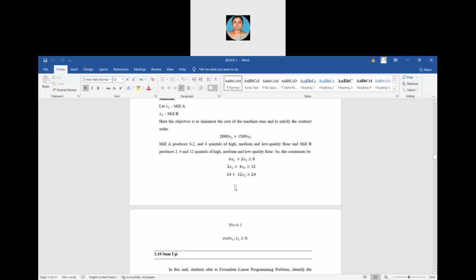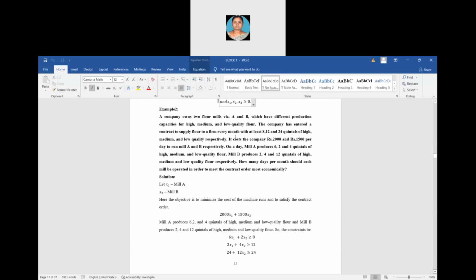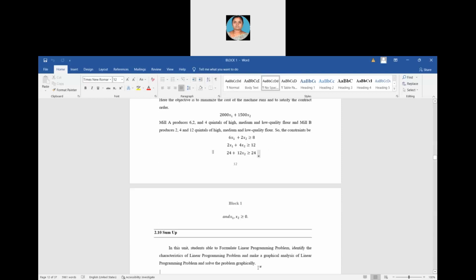So that is 6x1 plus 2x2 greater than or equal to 8. 2x1 plus 4x2 greater than or equal to 12. The 8, 12 and 24 have been given here itself. So only mill A and B are there, so you can fix those as x1 and x2, and all the details we can enter as